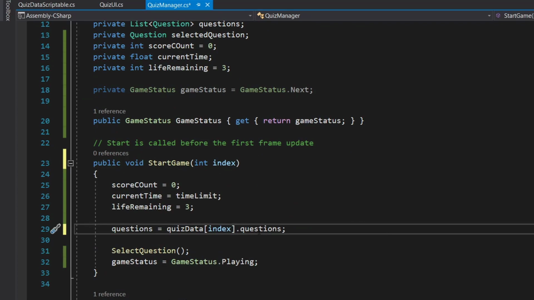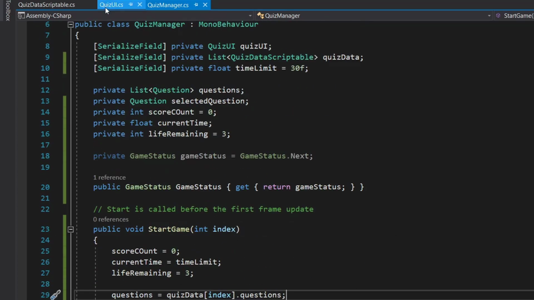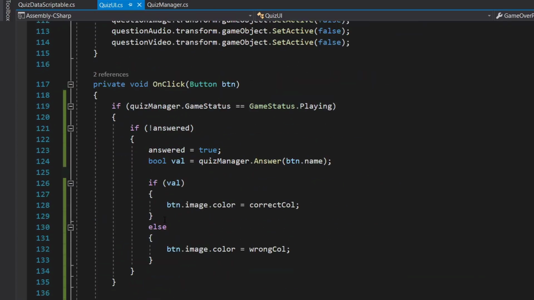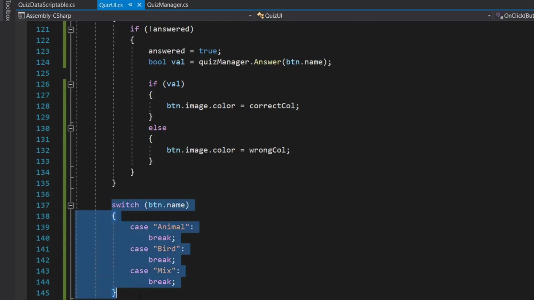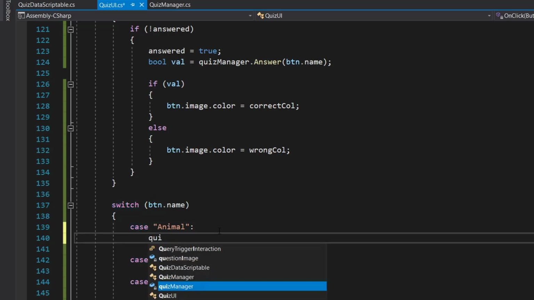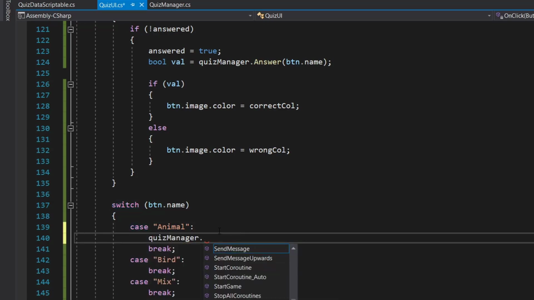We will grab that questions and assign it here. That's it. In our quiz UI, we have these buttons where it is on click. So we need to assign the appropriate index. So we will call our quiz manager dot start game, and our index will be 0 for here.